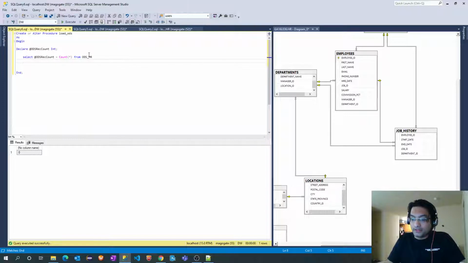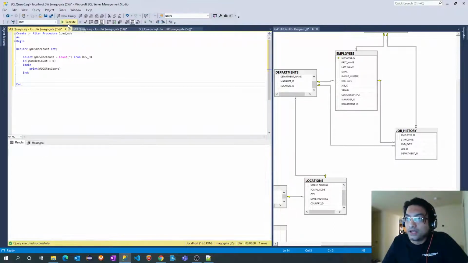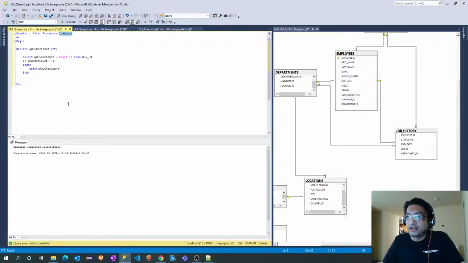Okay, and I will write an if condition. If this equals 0, then begin end. All right, and for time being, I will just print. So I will execute this stored procedure and let's run this. Okay, it is printing 0, since there are 0 records.